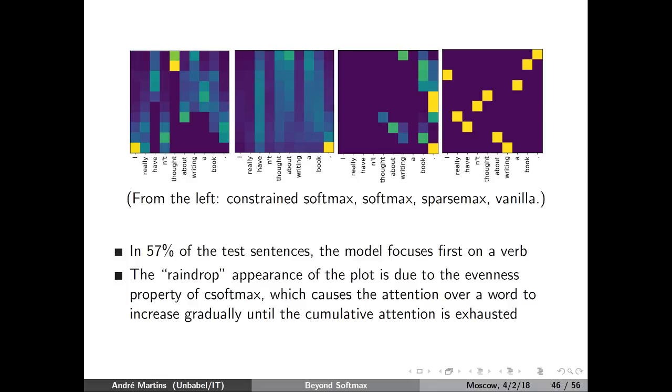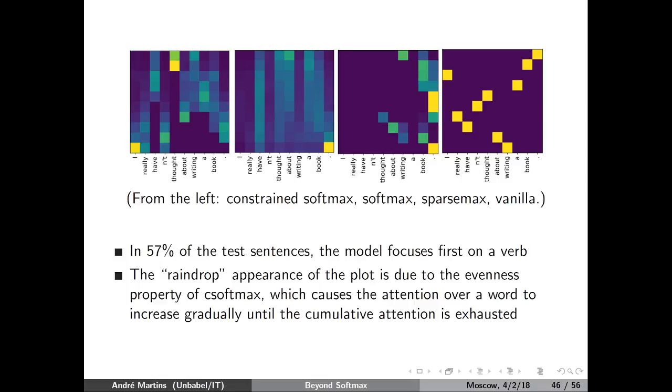And the other two maps are showing what we get with constrained softmax, where we are putting the same attention over and over to the same words, so you don't have this diversity in the attention. And in the case of Sparsemax, there are words that never receive any attention. So Sparsemax performed very badly on this task. And if you look at the plots for constrained softmax, they have this kind of raindrop appearance where suddenly all the attention is exhausted and it's zero afterwards, which is basically when we expire all the attention that each word can get.